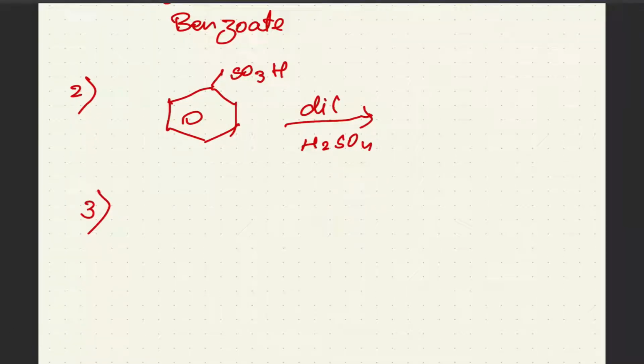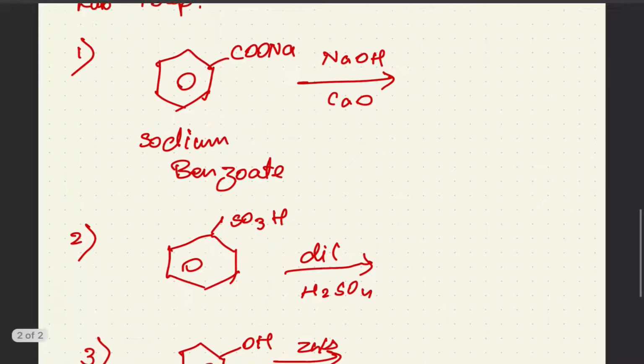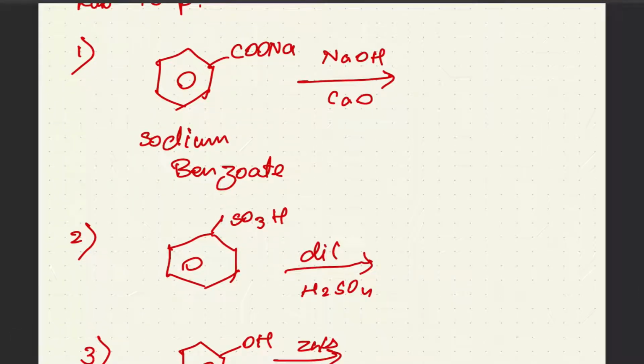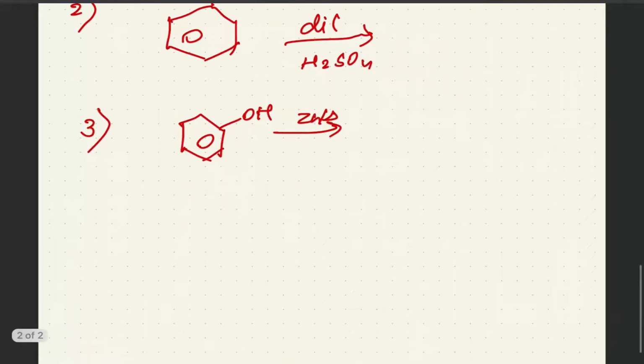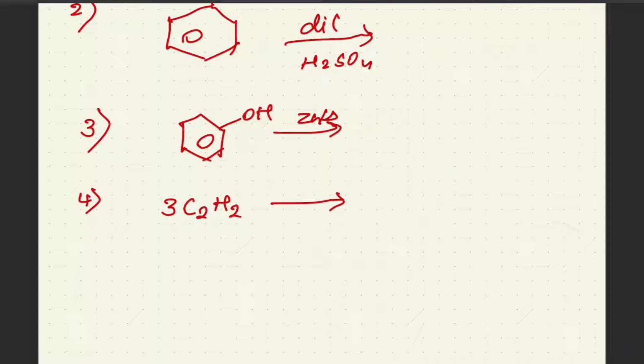And the next process is phenol along with zinc and heating. We'll be going through this in detail in the following period of time. And one of the very common processes is using ethyne. This is known as aromatization. We use red hot iron